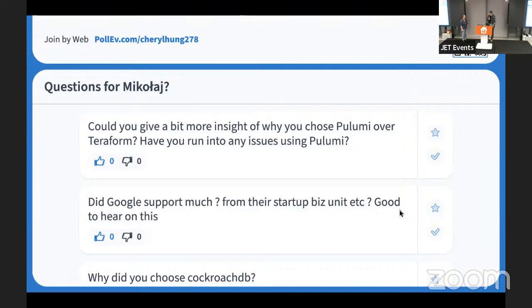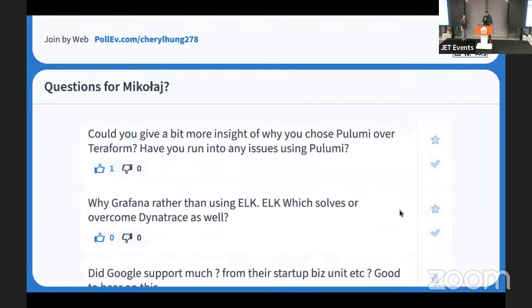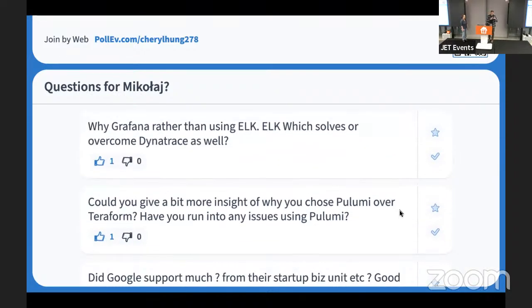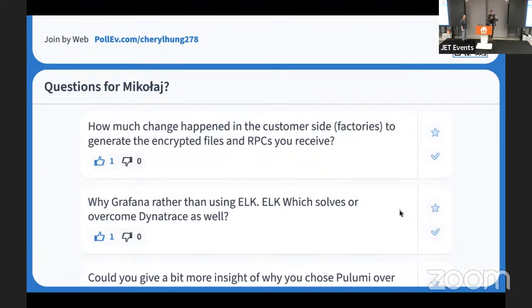Could you give a bit more insight into why you chose Pulumi over Terraform? Have you run into any issues using Pulumi? At the very beginning, the customer wanted a very high level of automation, like impossible with Terraform. Why Pulumi is great is you can incorporate your infrastructure inside real programs.